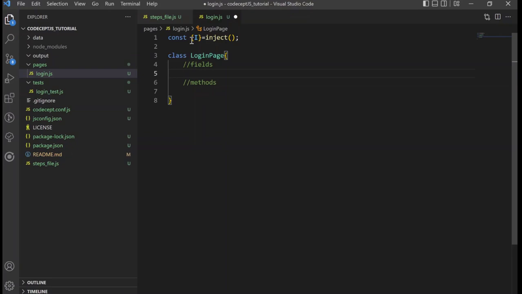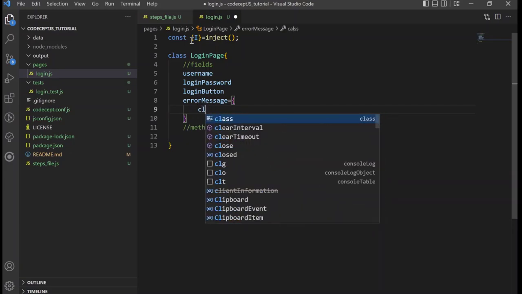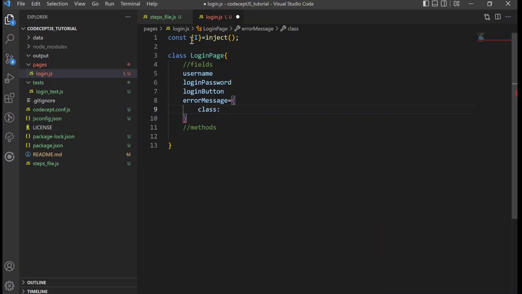So our first field is username, and I'm just going to write them and then I will want something from you. Login password, login button, error message. That's going to be an object. So it's going to have a class property.